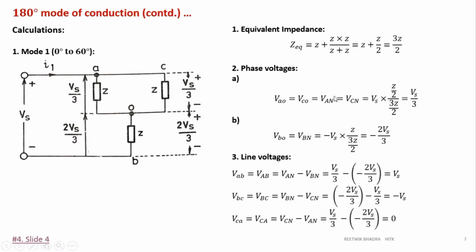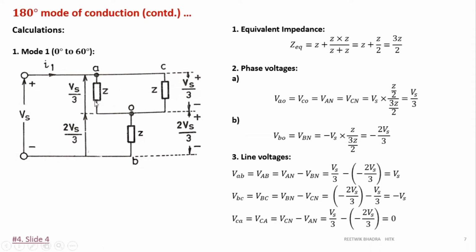Okay, so I have just found out the phase voltages by this formula and line voltages by subtracting the two phase voltages. I think it is clear to you how the calculations are done. Now from here we will take some conclusions, because we will see the same figures again and again.